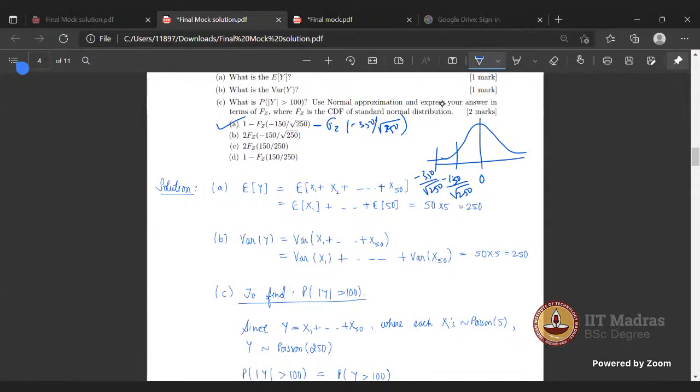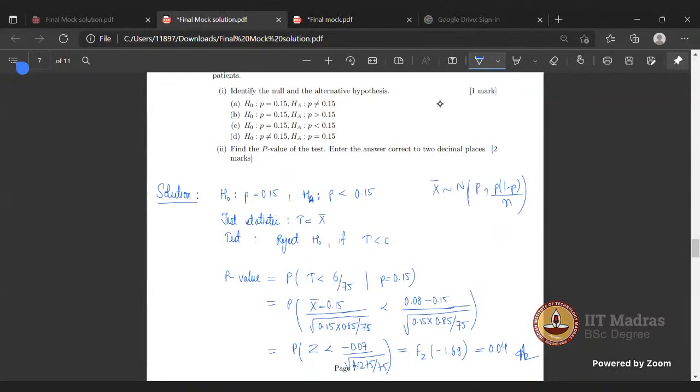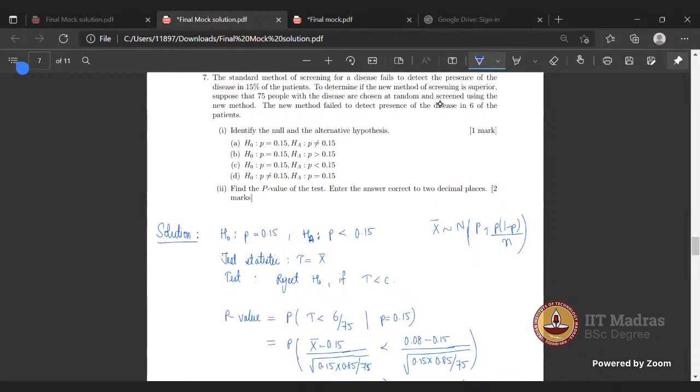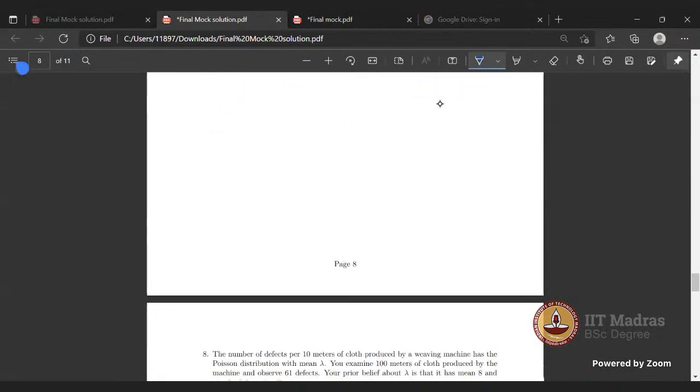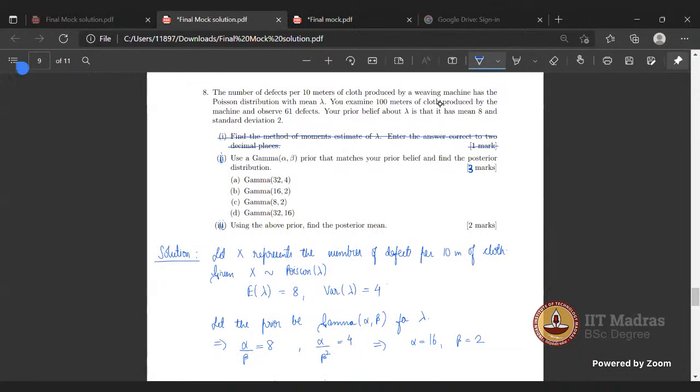Ma'am, can you take question 19 and 20 of mock? Question 19 and 20. Okay. Can you tell me which problem it is? It says the number of defects per 100 meter of cloth produced by a weaving machine has Poisson. So this is from the tutorial. Okay. So it says the number of defects per 10 meters of cloth produced by a weaving machine has the Poisson